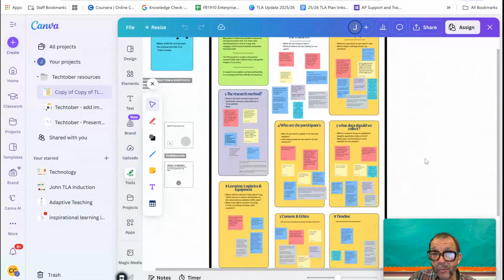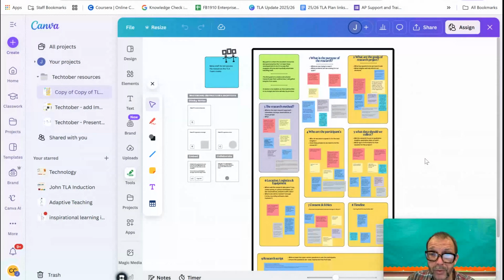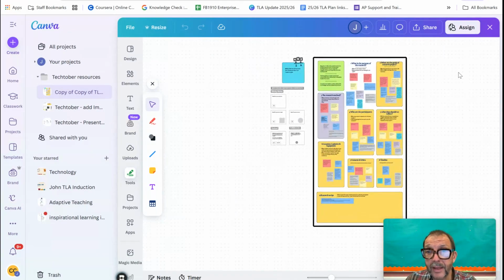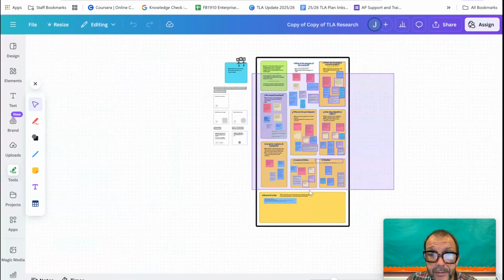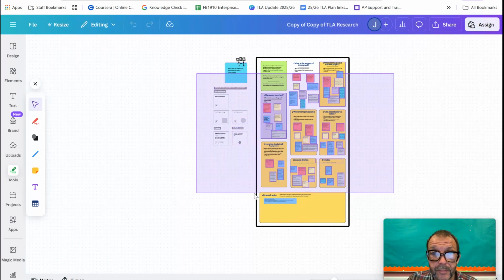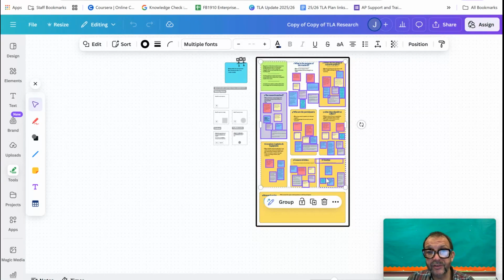But then what would have happened previously is I'd have printed out a PDF and then I'd have had to probably type up everybody's responses. But what Canva allows you to do now is to sort these responses. So I'm just going to go ahead and shrink the screen a little bit, and I'm then going to highlight all the answers. Okay, so those answers have been highlighted,